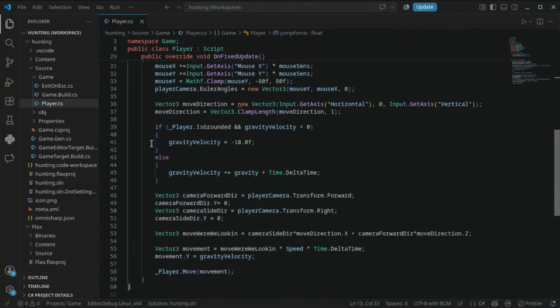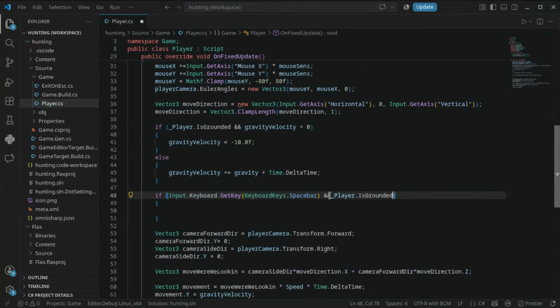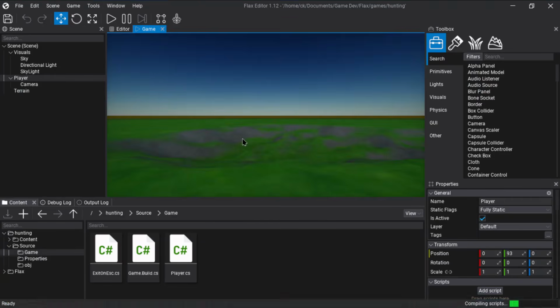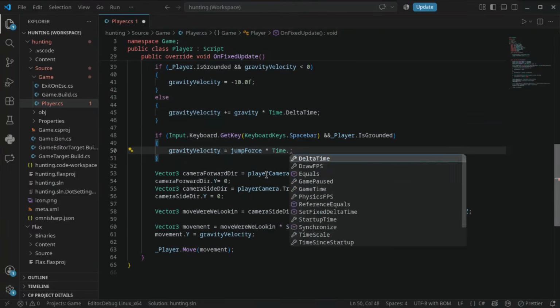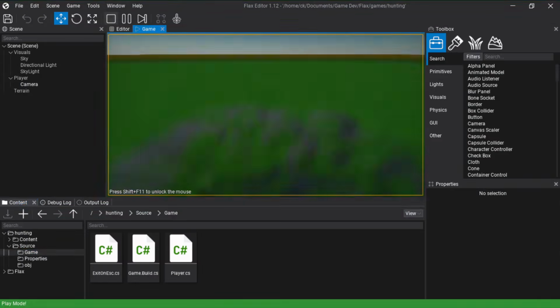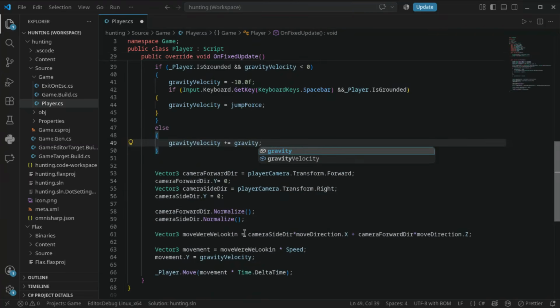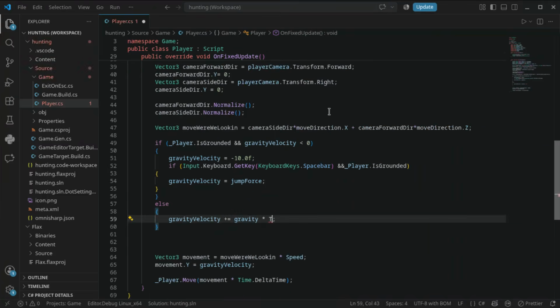Next was jumping, which somehow took longer than I expected. Half of the time I lost track of what I was doing because I kept changing values, and the jump one moment was too high, the next the character could not jump at all, but after what felt like forever,